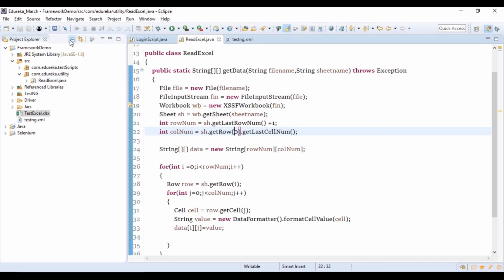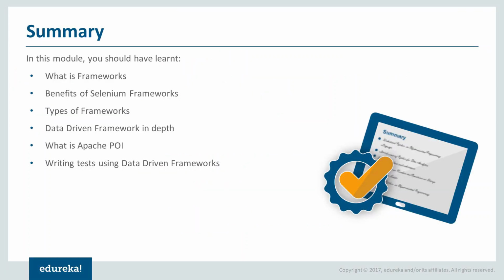So for this, what you're going to do, you're going to use your POI APIs in order to work with them. So using these POI APIs, you can create an object of type your workbook, your sheet, and start accessing your sheet name based on whatever test data you have kept, and then you're going to run your test data. Alright, so in today's session we have seen how to work with data driven testing, and in tomorrow's class we are going to deal with keyword driven testing, which we are going to use in order to set up our framework.